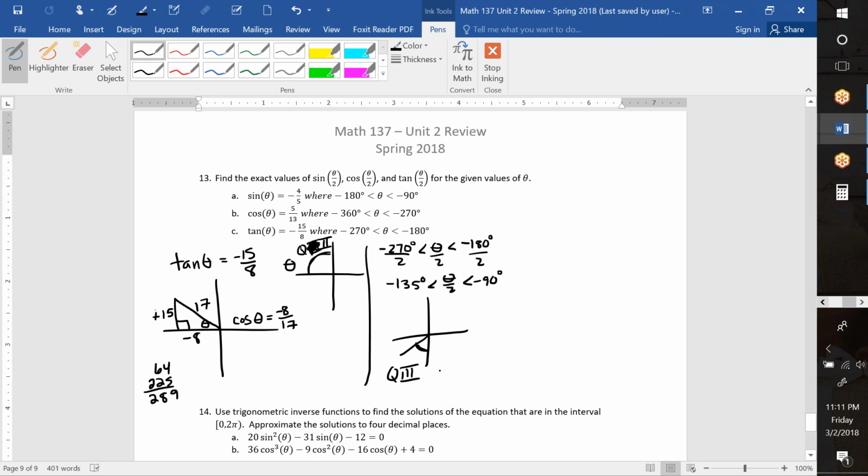So the problem here is that you need to know what sine, cosine, and tangent have as their signs down here. So sine of this half angle, whether or not we have the whole formula worked out, sine down here is negative. And cosine of the half angle is going to be negative as well because we're in quad 3. And tangent of a half angle is a negative over a negative here, so it's going to be